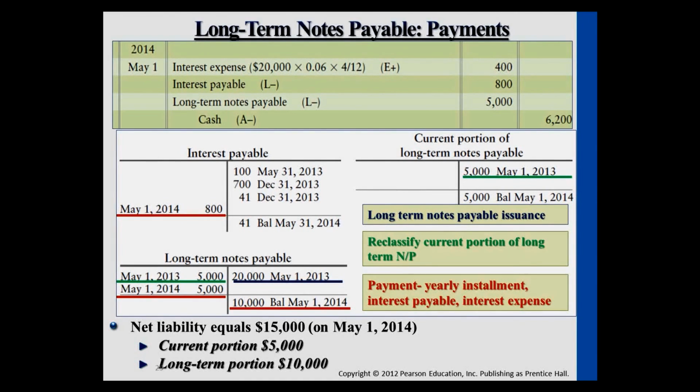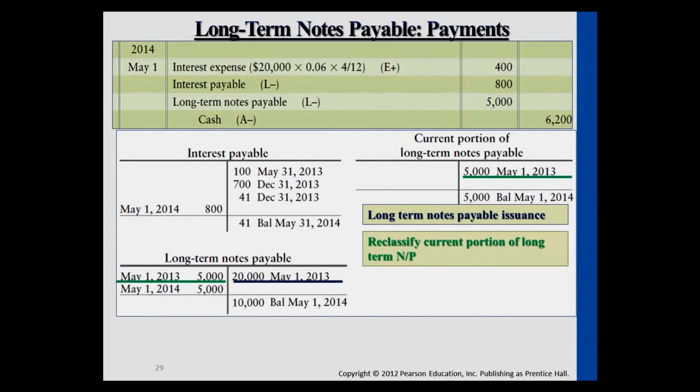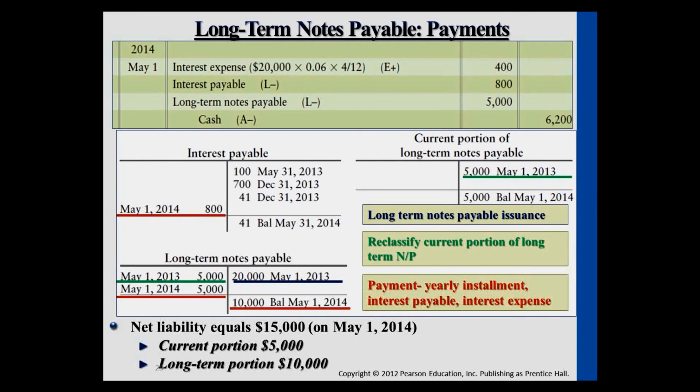Okay, so this T account just shows the entries if we posted the previously shown journal entries to T accounts. We start off by creating the note by crediting $20,000. After crediting this $20,000, we immediately reclassify the part that belongs to the current portion into the current portion's account, reducing the long-term notes. After a year, when we're paying off the $5,000, we reduce another $5,000,